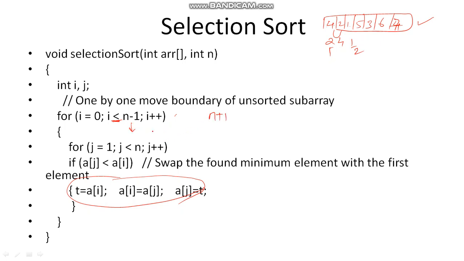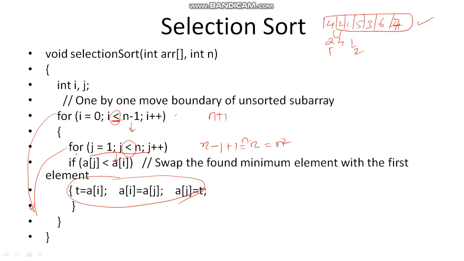N times the control is going to go inside this loop, and 1 time it is going to jump outside the loop because the condition is not going to be satisfied. Similarly for this, j is equal to 1 to n, which means n minus 1 times control goes inside this, and once this condition does not satisfy, control jumps outside the loop. That means this is going to be executed for n times, and this is going to be called for n times. It is n into n, that is equal to n square times.